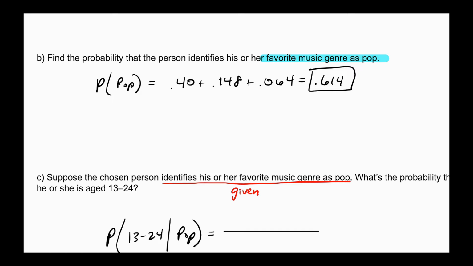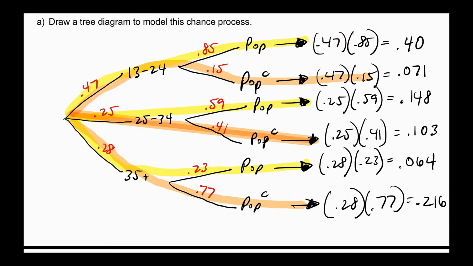All right. So how would I find out the probability that people's preferred music isn't pop? 1 minus that. There you go. Or I can add up the other paths, right? What color did I use? Orange? The other paths. Yeah, that orangey color. I could add up the orangey color. It would still be the same thing.